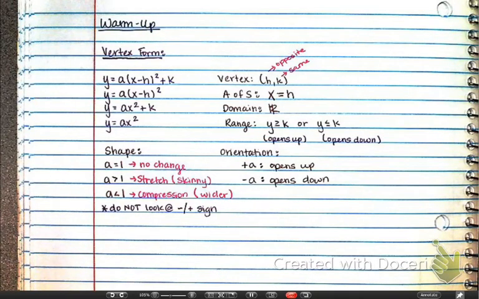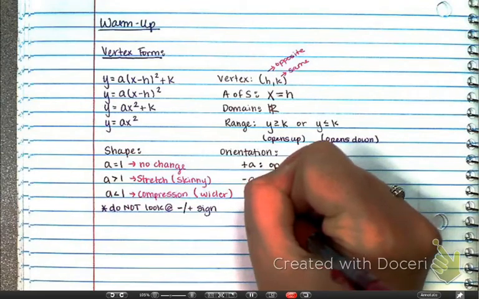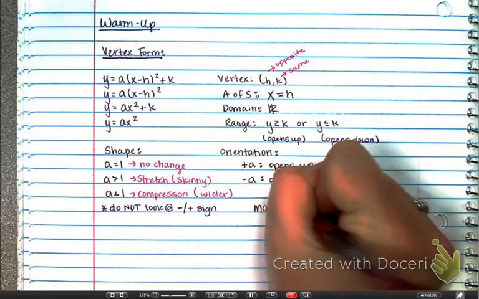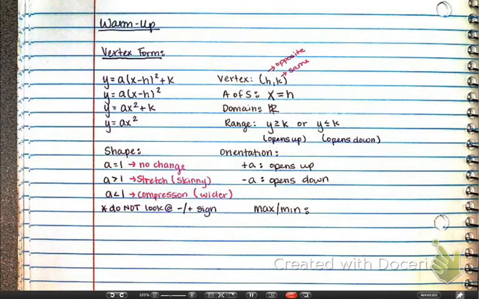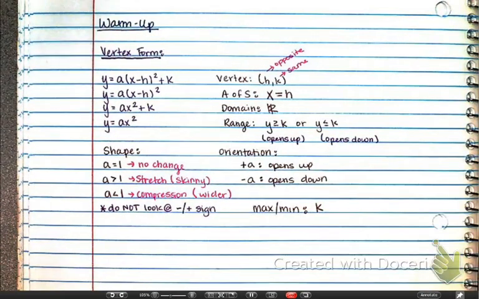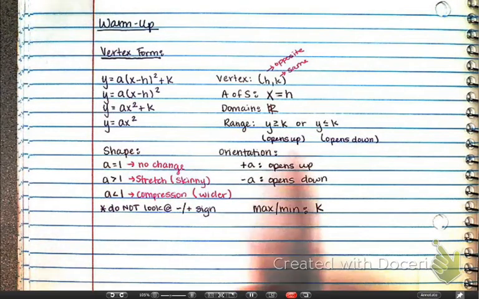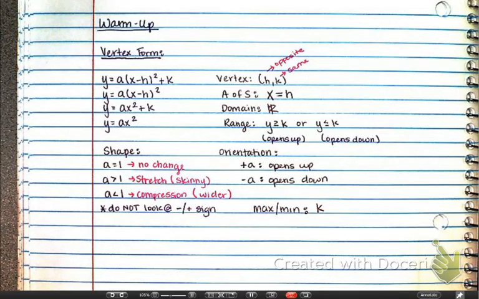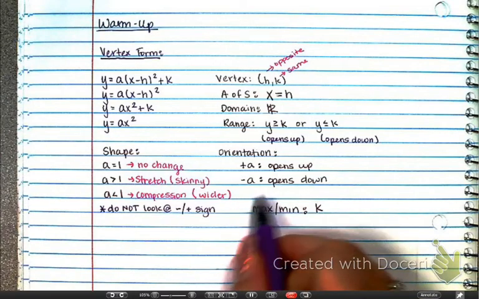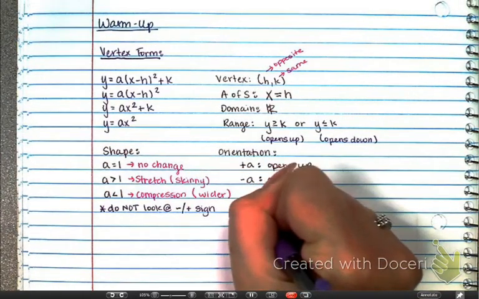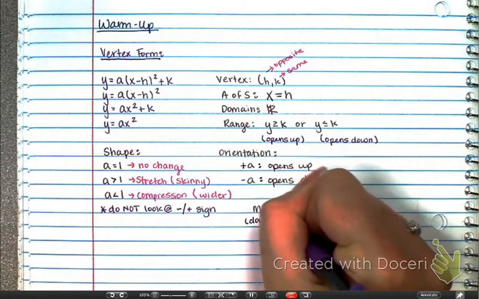Last thing we have is the max and min. And the max min value is going to be what? What is the max or min value going to be? The y value of your vertex, so it's going to be your k. If we just keep in terms of the letters that we have. And we know that for a maximum, which way does our graph open? If we have a maximum, it opens down. And if we have a minimum, it opens